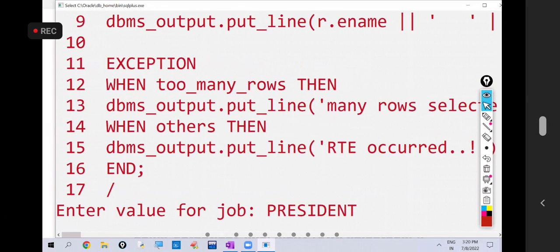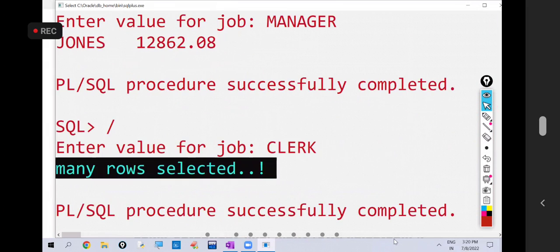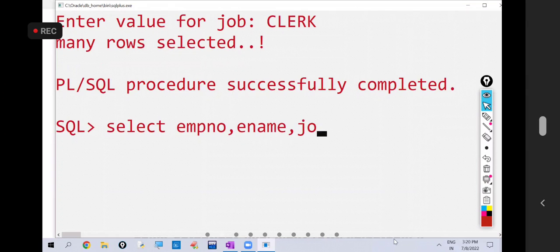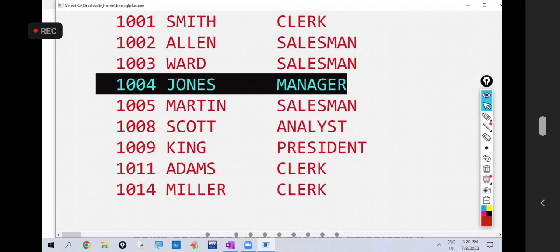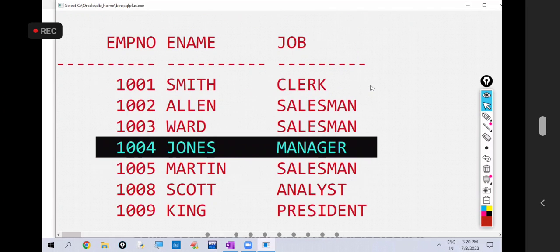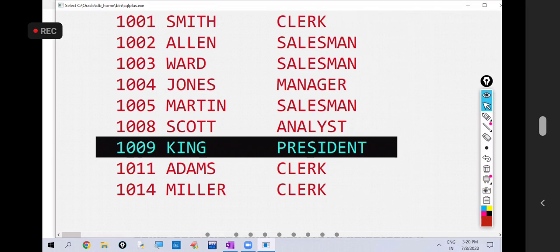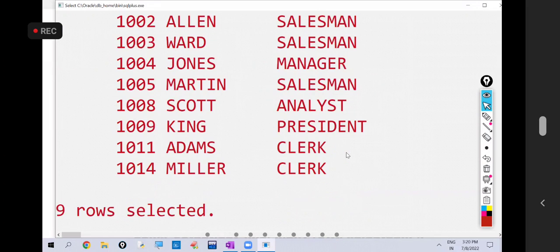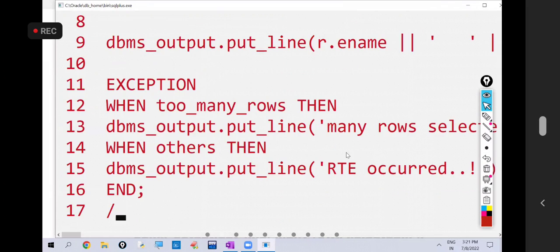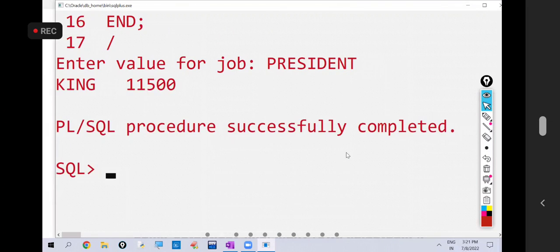In the EMP table, let me check: employee number, ename, job from EMP. Maybe one manager is there, that's why it is displaying. If one record is there, no problem, it will display. One president is there, it will display. But many salesmen and many clerks are there. So if you give the job value as president here, one president is there, it is displaying. One manager is there, it